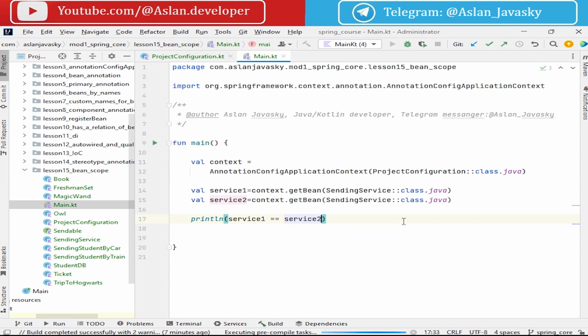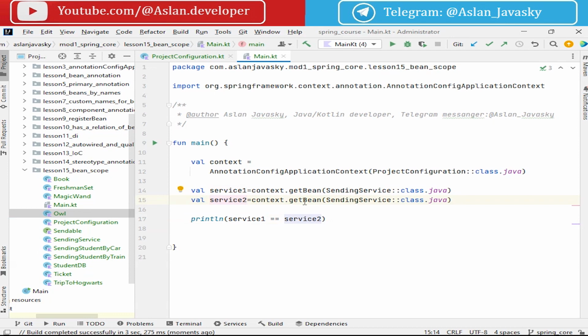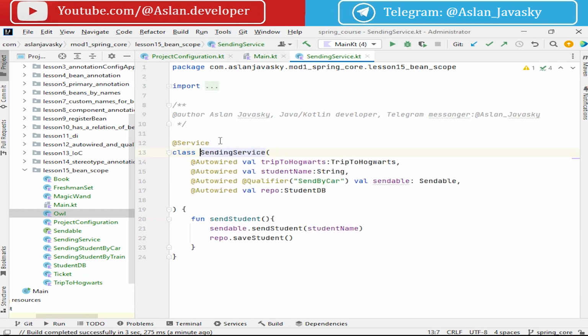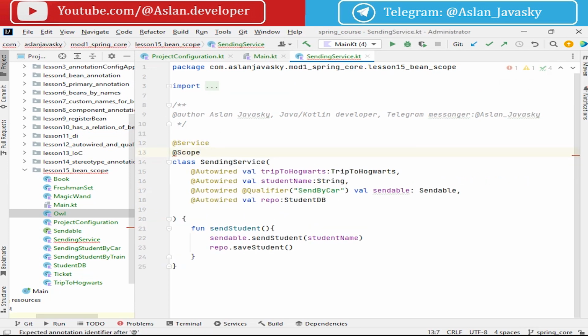Let's run our program. This is true. So this is the same bean. This is because the scope of beans is singleton by default. If we open this class and use the Scope annotation from org.springframework.context.annotation,